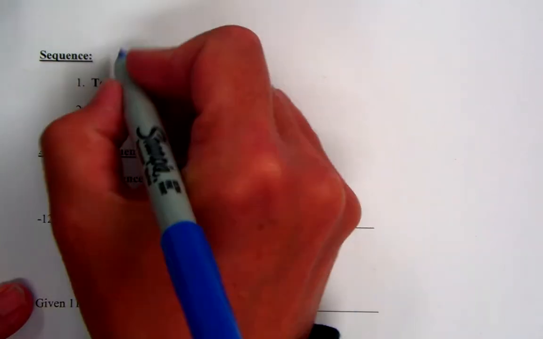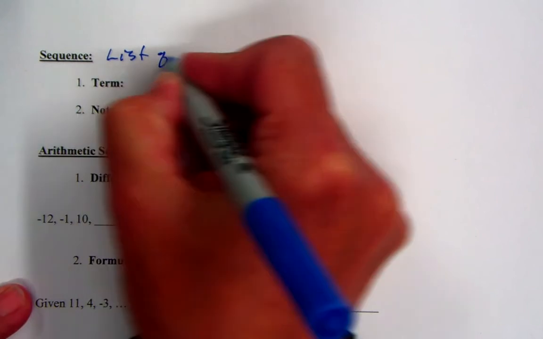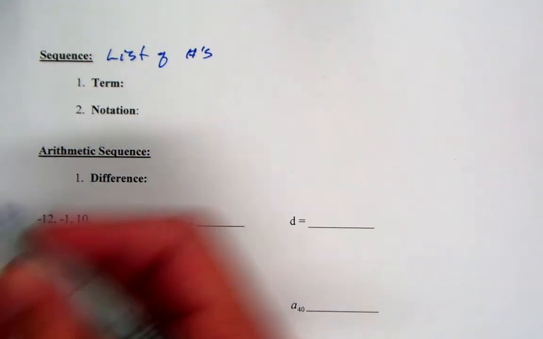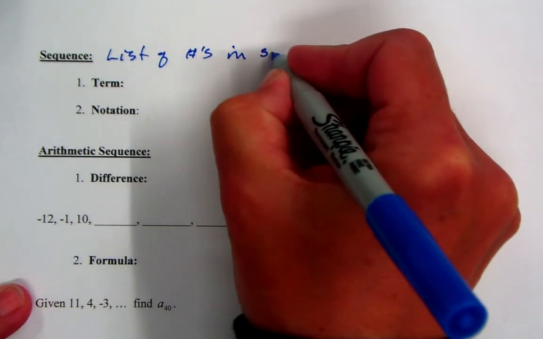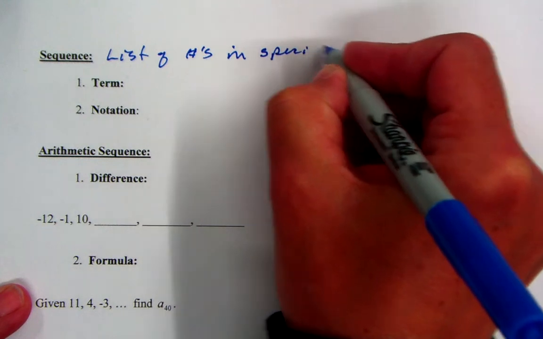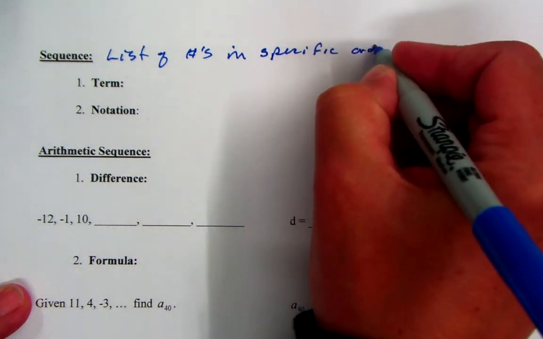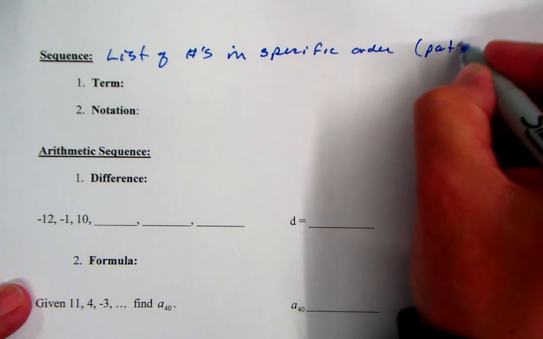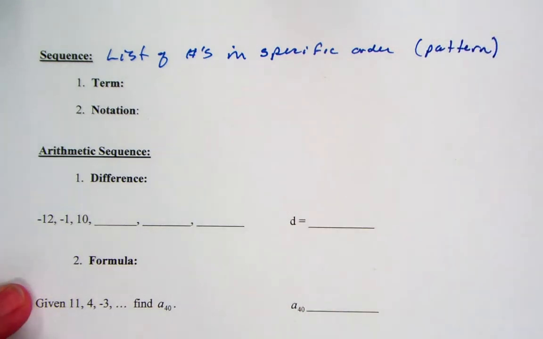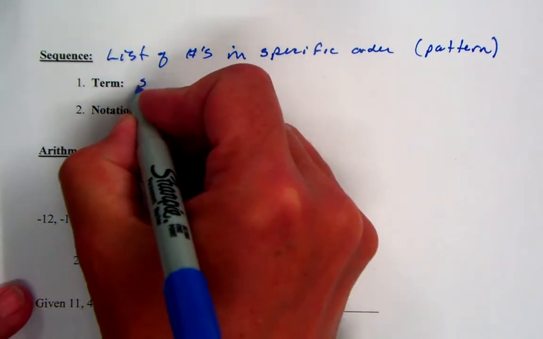So in math, a sequence is just a list of numbers. Now, it's not just any list of numbers. They have to have a specific order. So in other words, there's a pattern to these numbers, and that's why you started with the discovery, finding those patterns in those 5 representations. So a term is just a single value in that pattern,